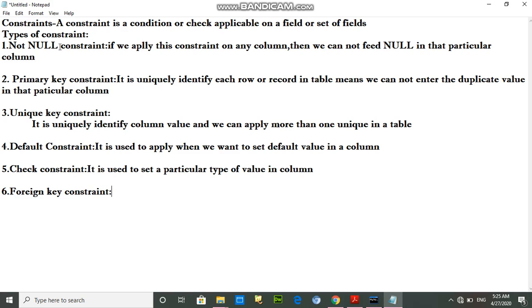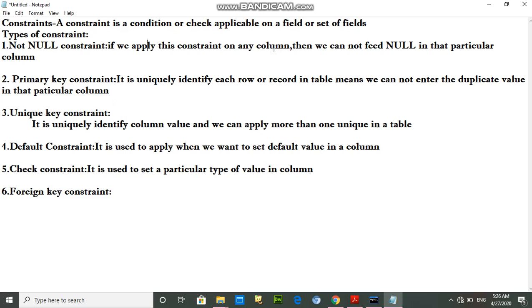First of all, the not null constraint. Students, if we apply this constraint on any column, then we can't insert a null value in that particular column. So that's clear, what is the meaning of the not null constraint?